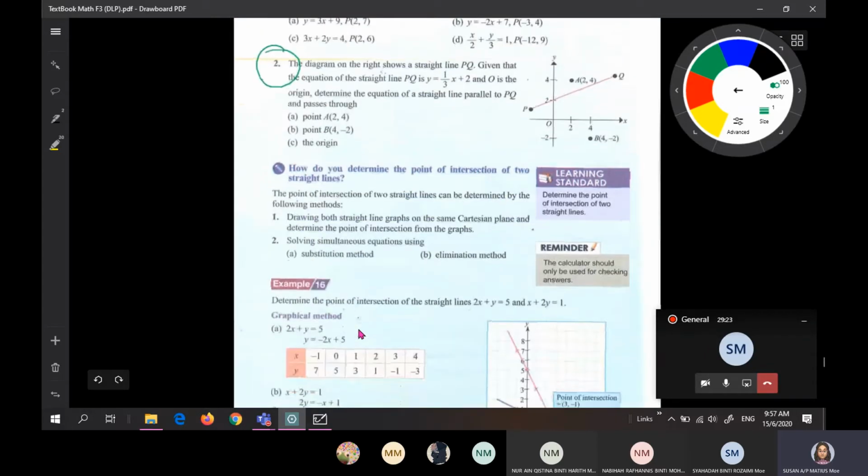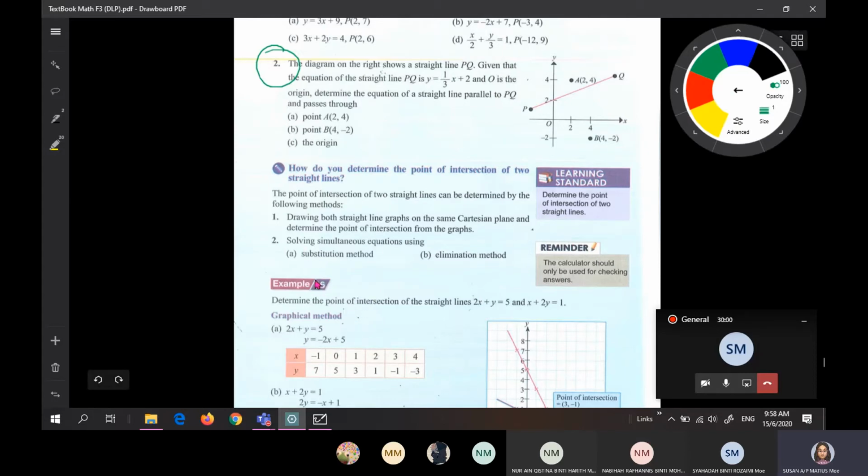All right, so the next one is, how do you determine the point of intersection of two straight lines? Okay, guys, this is a topic that you have learned when you were in Form 1. If you still remember, in Form 1, you did linear equations, and you also learned how to solve simultaneous linear equations. One of the methods to solve simultaneous linear equations is using a graph, other than, of course,